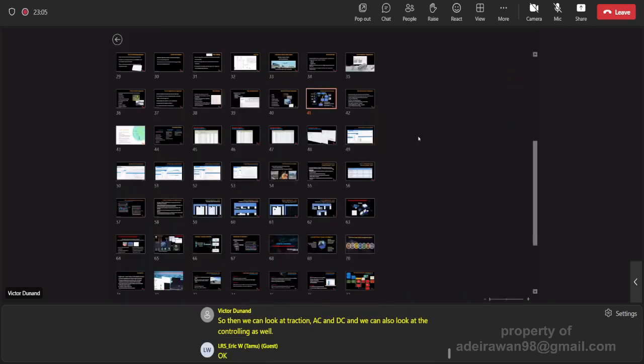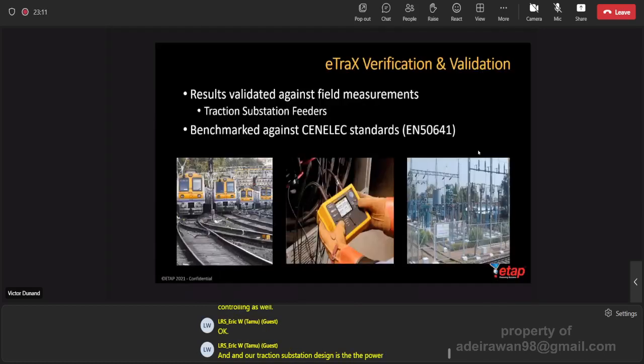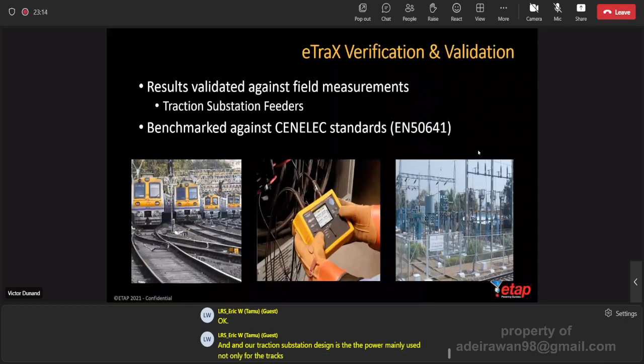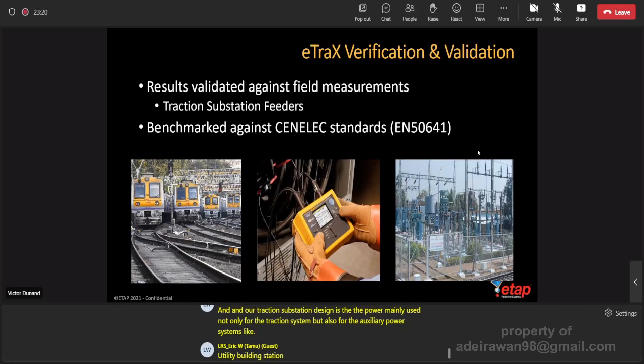Okay, and in our traction substation design, is the power mainly used not only for the traction system but also for the auxiliary power systems like utility, building, station, and that kind of load, right? Yes. Essentially,